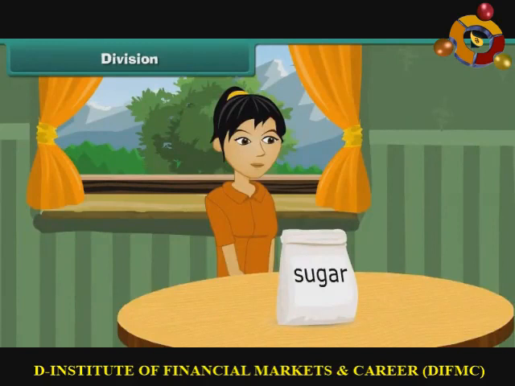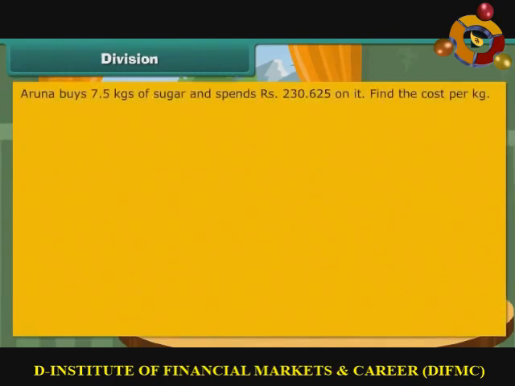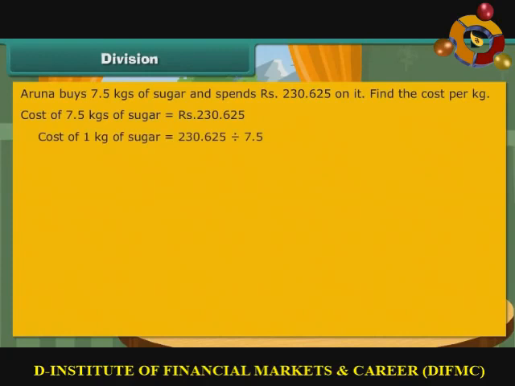Division. Aruna buys 7.5 kgs of sugar and spends rupees 230.625 on it. Find the cost per kg. Cost of 7.5 kgs of sugar is rupees 230.625. Cost of 1 kg of sugar is 230.625 divided by 7.5. To divide 230.625 by 7.5, we first remove the decimal point in the denominator by multiplying the denominator and the numerator by